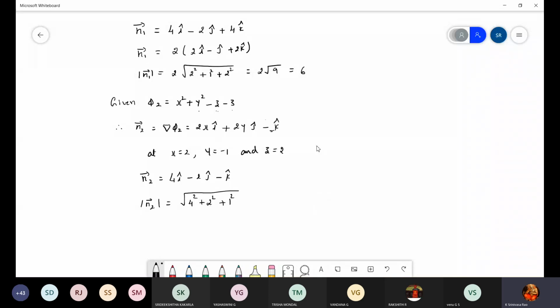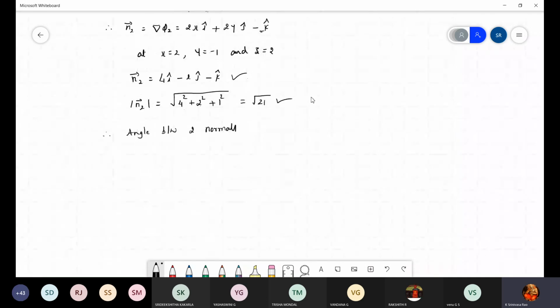So what is the answer? 4 4s are 16. 16 plus 4 is 20, plus 1 is 21. Root of 21. Root 21 is not a perfect square, let it be. Now we have all three: n1 and the magnitude of n1, n2 and the magnitude of n2. So next, the angle between the two normals. Just write down the formula: cos theta equals